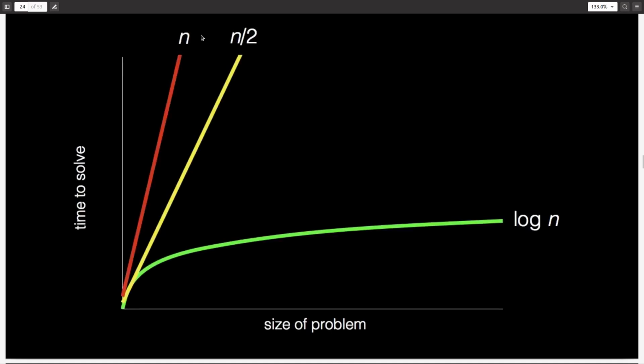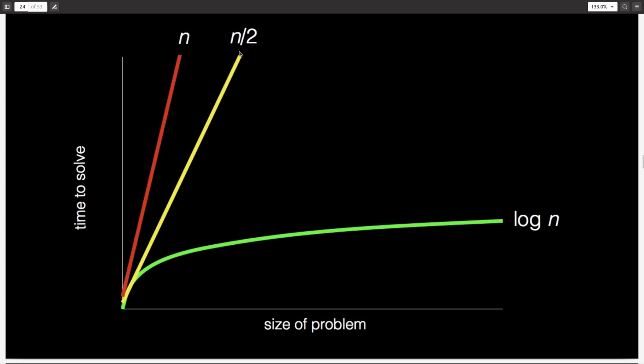So here is a graph which shows the time to solve the problem along with the size of the problem. This red curve is turning a page sequentially. It takes as much time as the size of the problem. It is directly proportional.